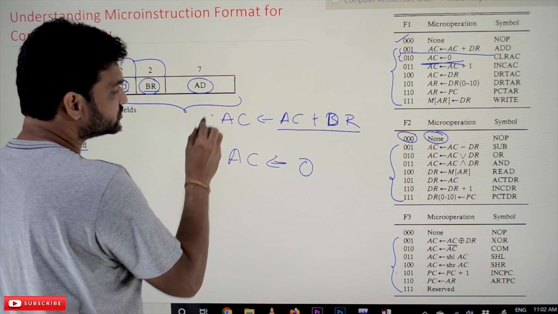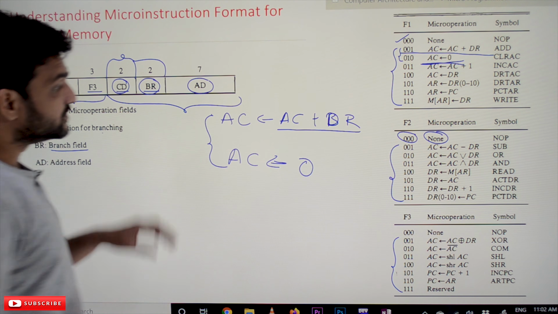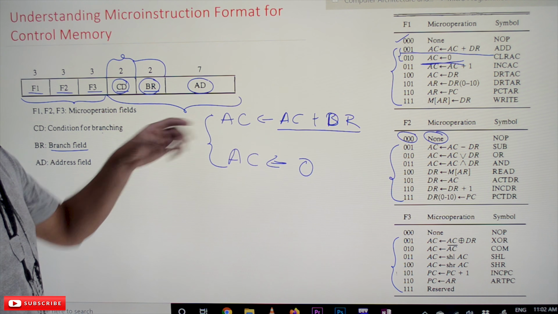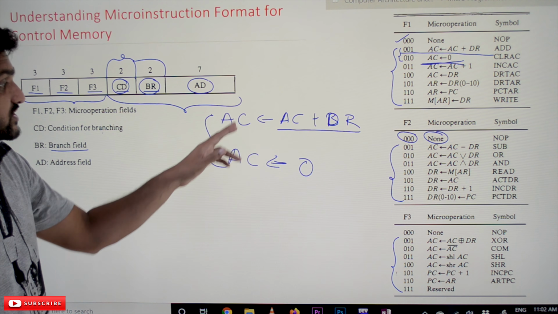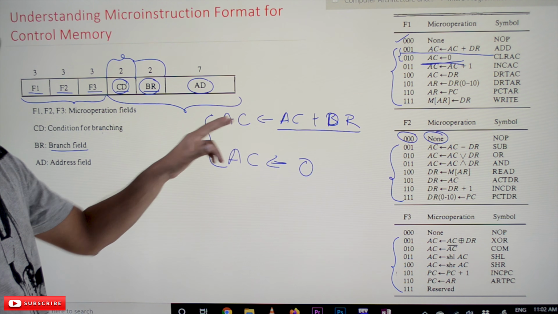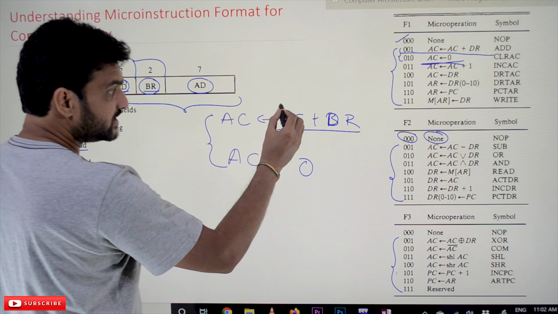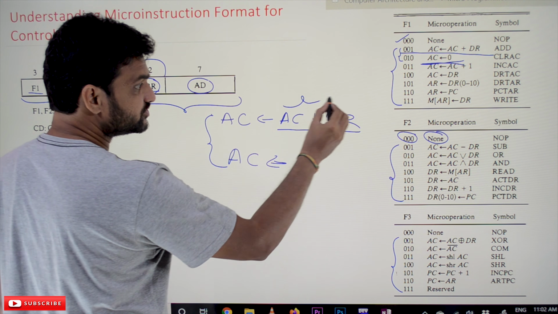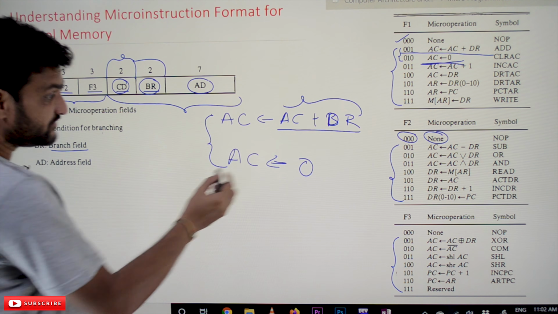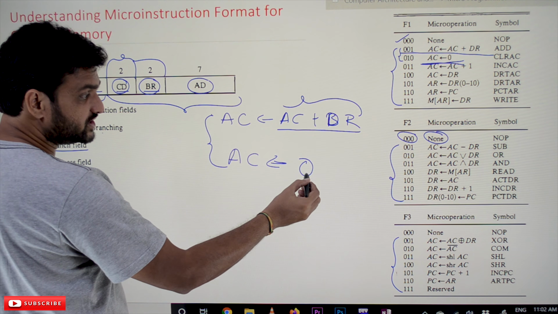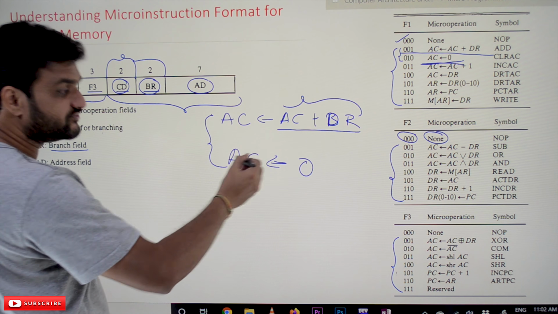If we try to use both these micro operations in a single micro instruction, they get conflicted. See here. We are saying the value of the accumulator should be added with the data register and stored onto the accumulator, and the other operation is filling the accumulator value with 0.